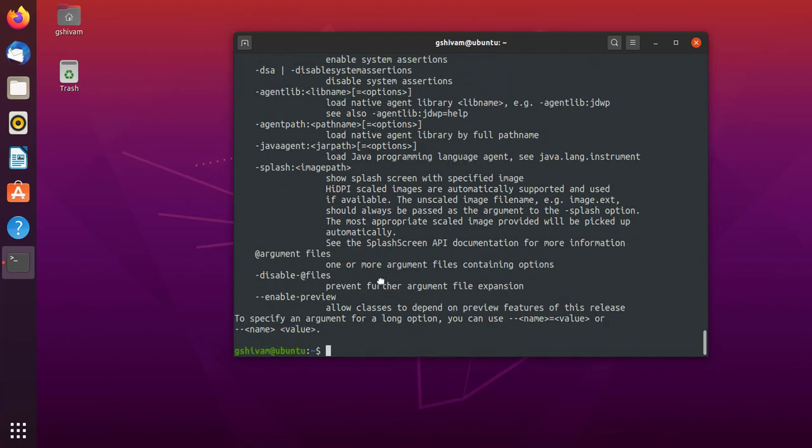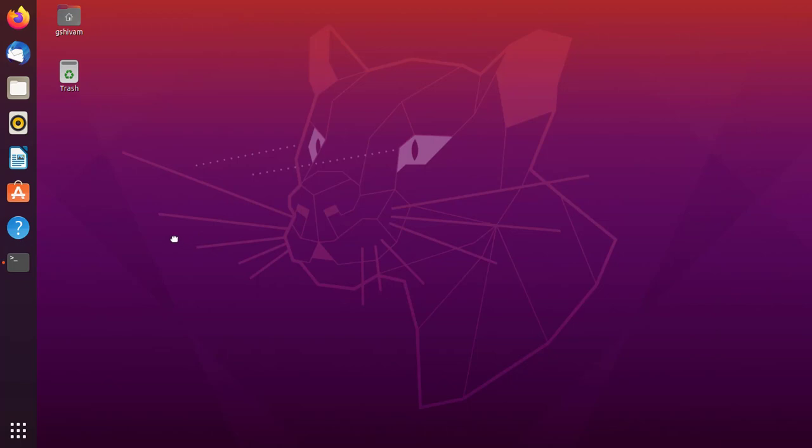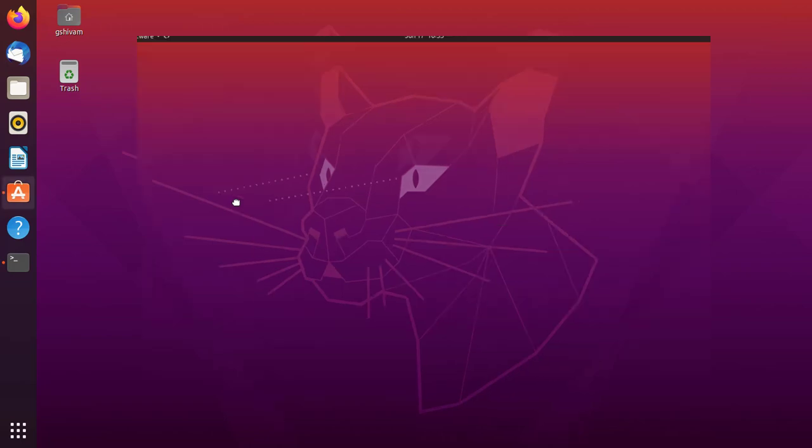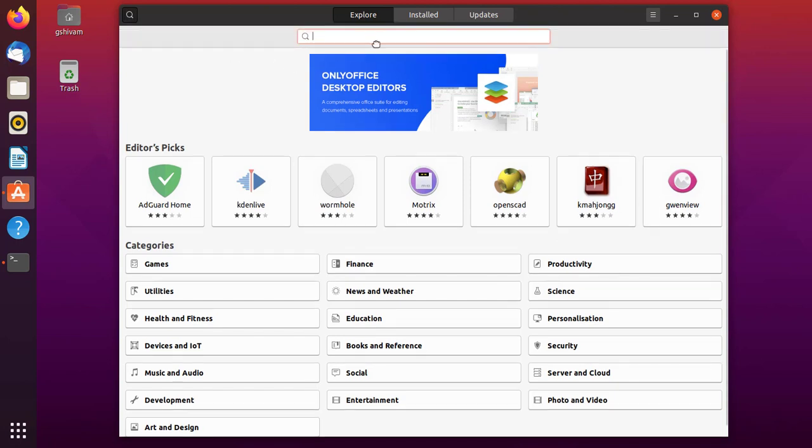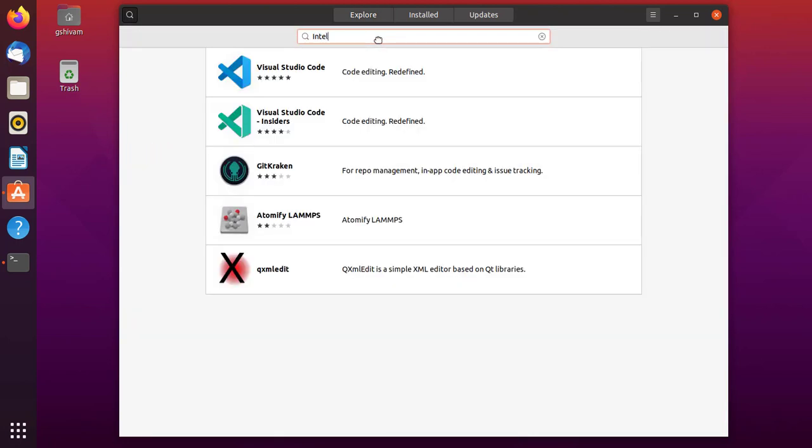Our next step is to install the IDE, that is the integrated development environment, to run the Java program. For that I am using the Ubuntu store to install the IDE. For the IDE I am using IntelliJ to run our Java program. So simply search for it.